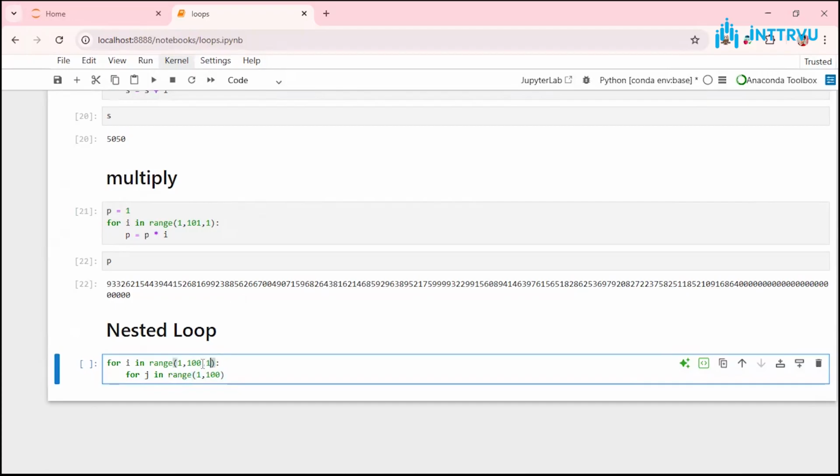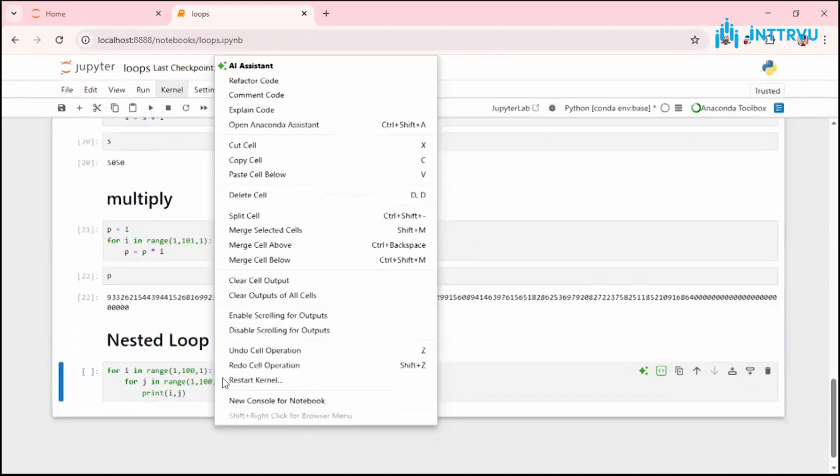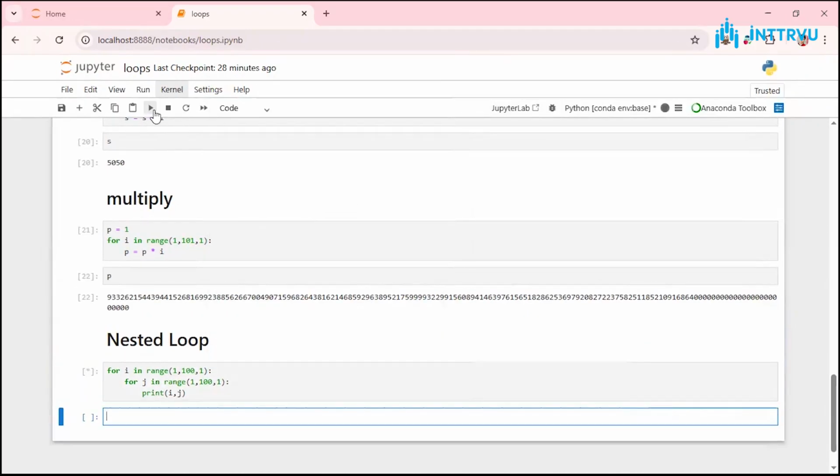So something like this, right? So I can say print i, j. So if I run this,